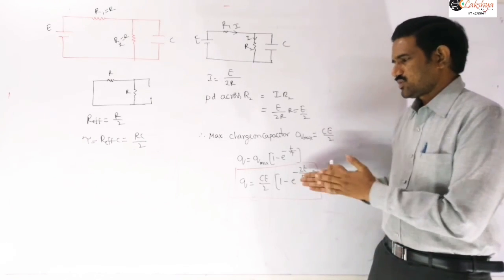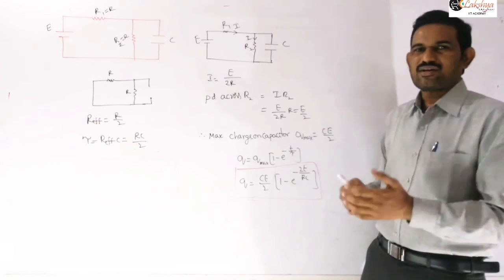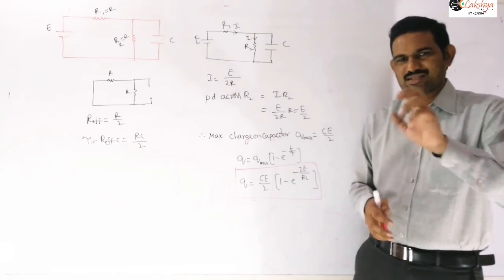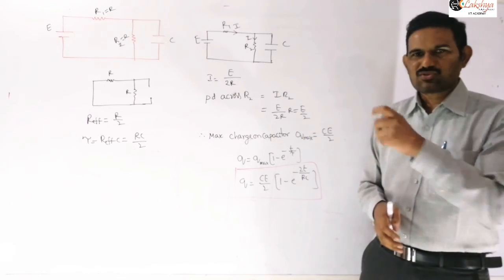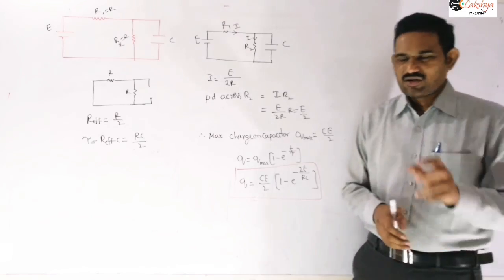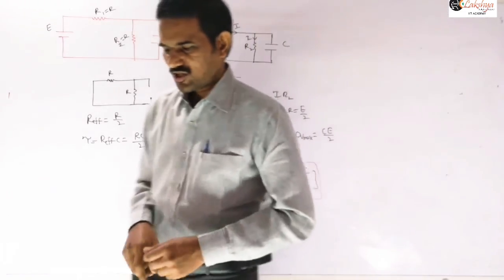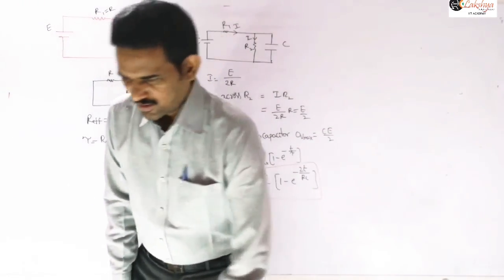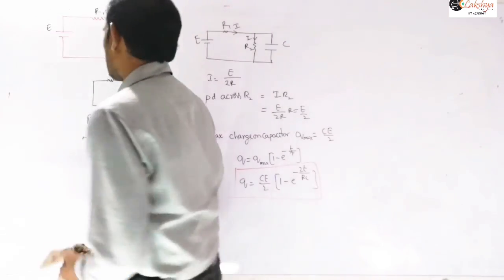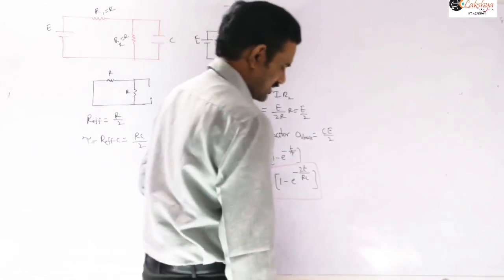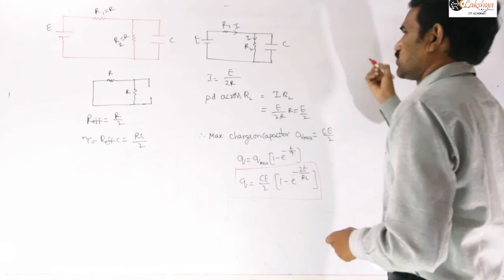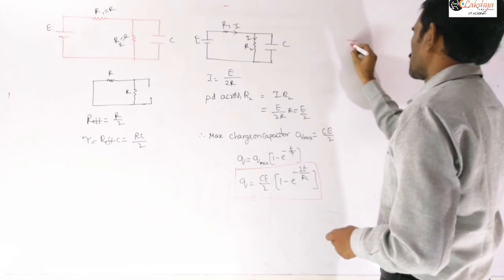Then check the Q maximum. After finding Q maximum, you can easily identify the correct expression for the charge on the capacitor in the given options. So like that you can find the charge on the capacitor easily. I will give another circuit here, so try to find the charge on the capacitor in that case.